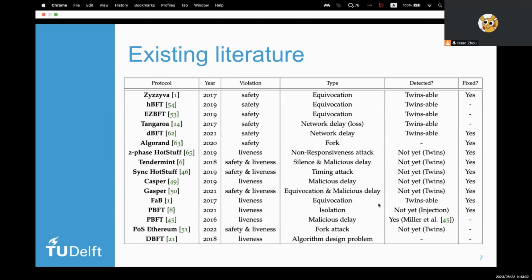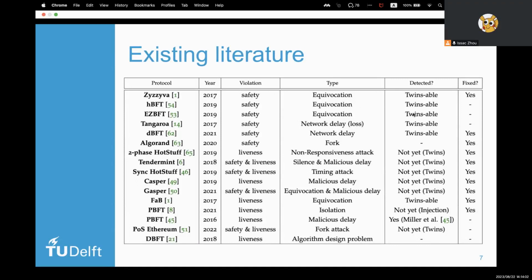To the best of our knowledge, we list existing literature in this table with their protocols, their types, the causes, and whether they have been tested and whether they have been fixed. For those attacks that we conjecture can already be tested with Twins, we tag them Twins-able.